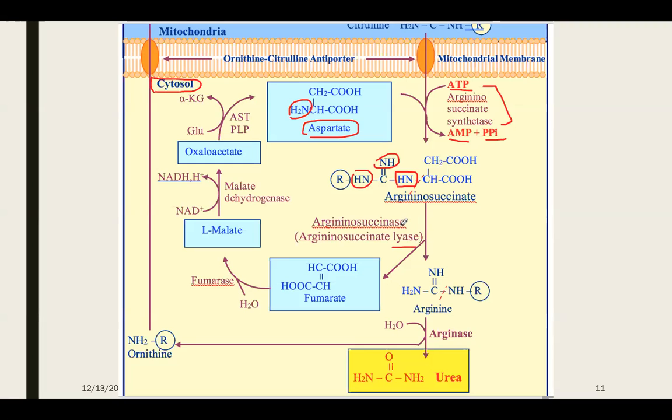Argininosuccinase. Ase means hydrolysis or breaking. We break here. If you find there is a dash here, we break here. If we break here, we get fumaric acid, and this is the remainder of the structure. Arginine has a guanidine group. Arginine has first nitrogen, second nitrogen, third nitrogen, so this is a guanido group. Arginine is broken by hydrolysis. Arginase. Ase means hydrolysis, to liberate urea. If you look at urea, the first amino group comes from aspartic, which is blue color. The second amino